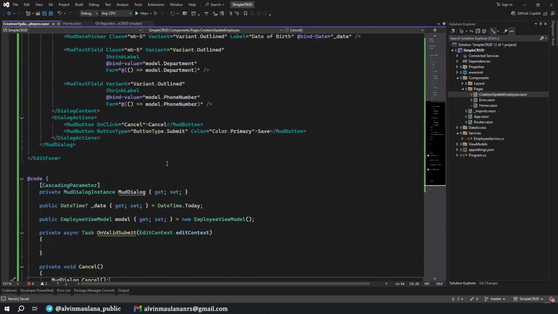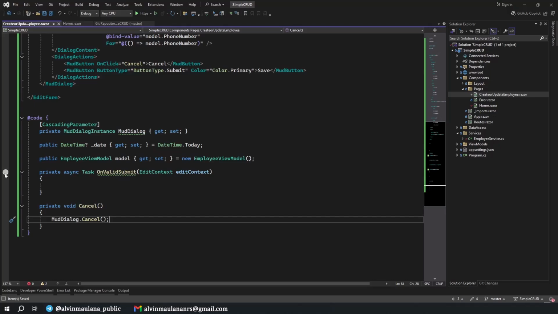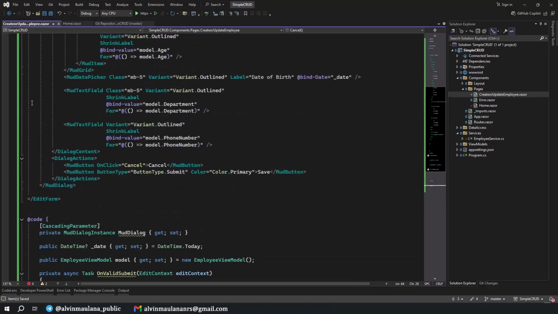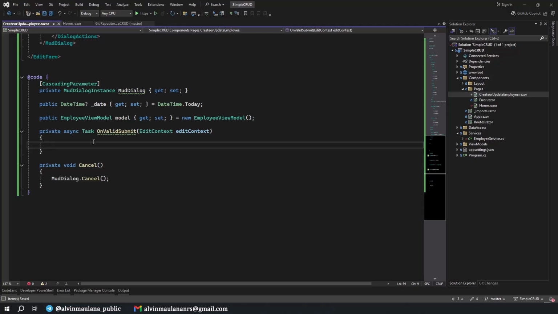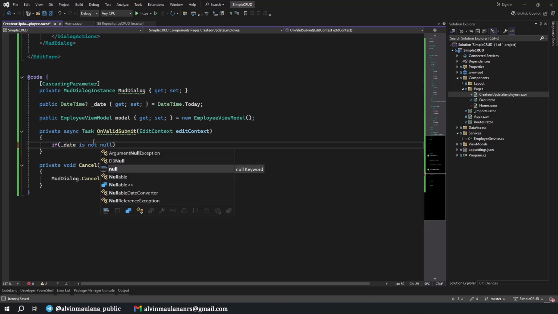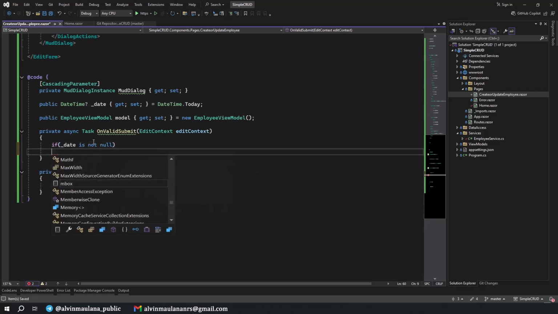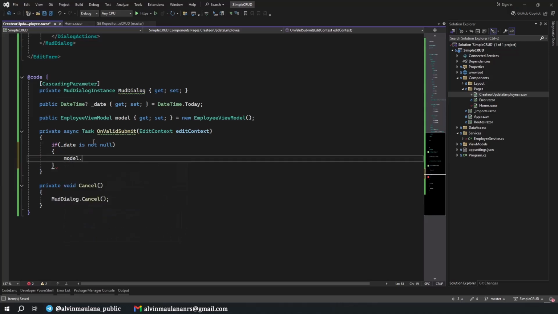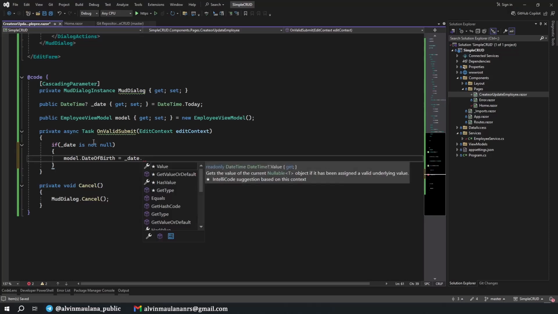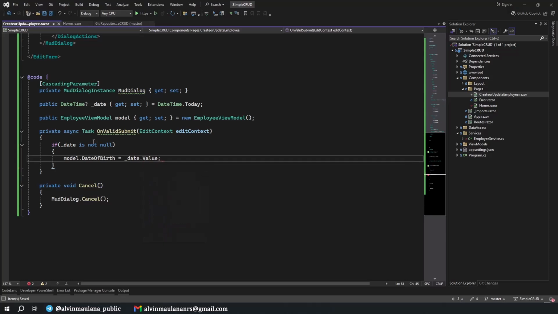Now we will need to call our service to submit the data inside. Okay, first, the date is not included in the model, so we need to set it. If date is not null, we'll set model date of birth equal to date value.